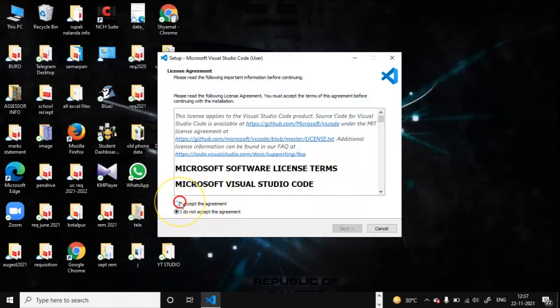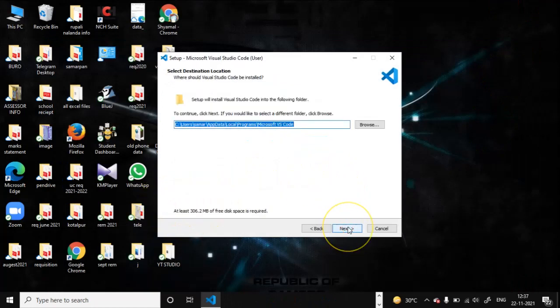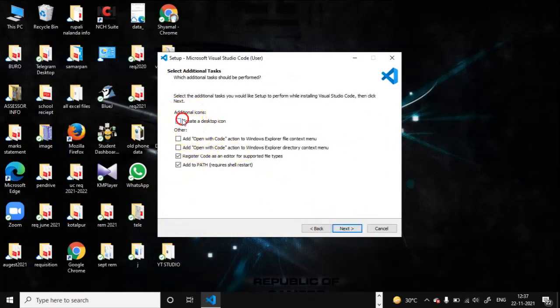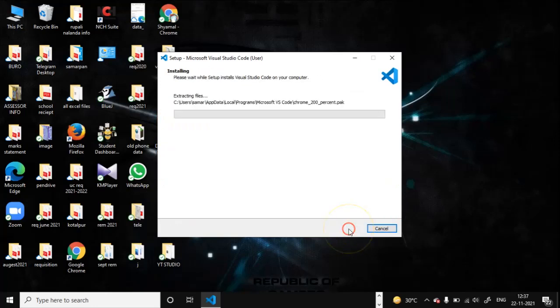Click on I accept the agreement, then click on next, next, and again next. Click on create a desktop icon, then click next, and click install.